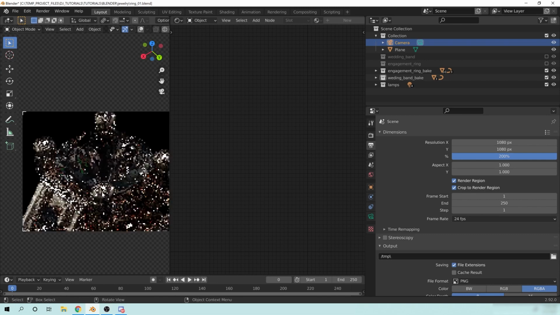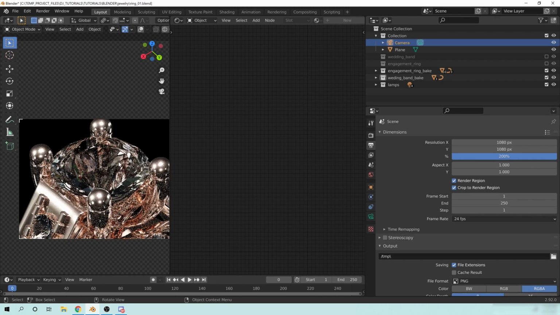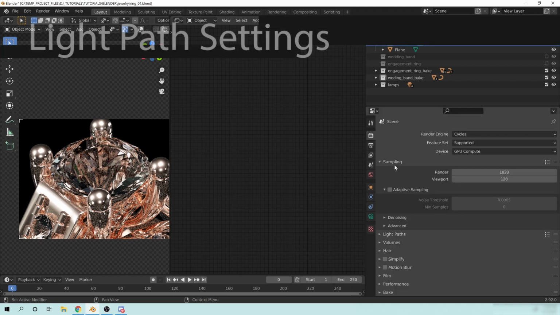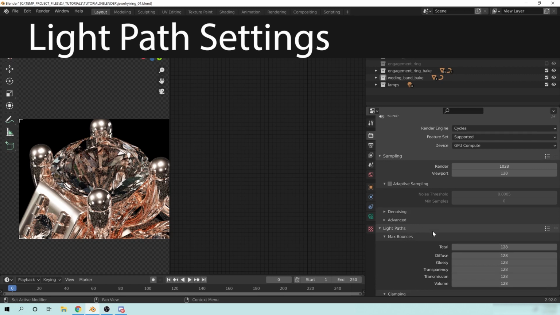We're going to zoom in over there and take a look at this. So here's what it looks like right now. It's very noisy, which is sort of expected because we have a lot of refraction throwing light all around. And if we look at the actual samples and the light paths that I have here,